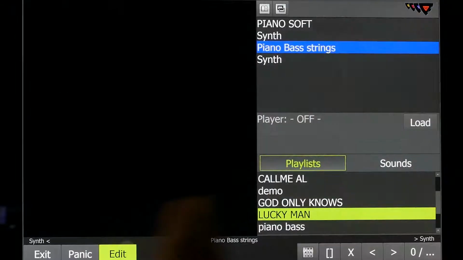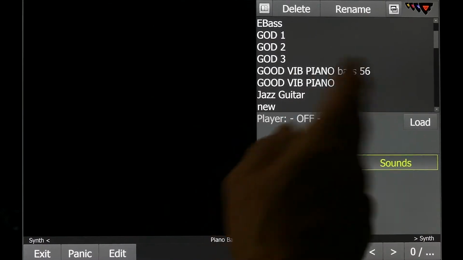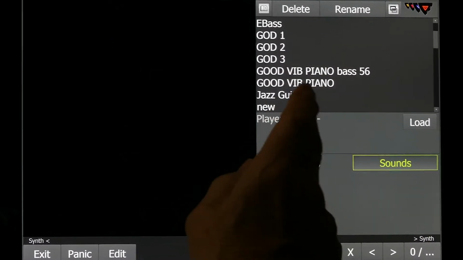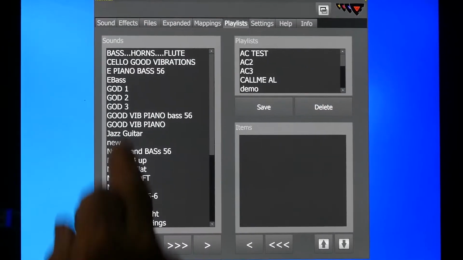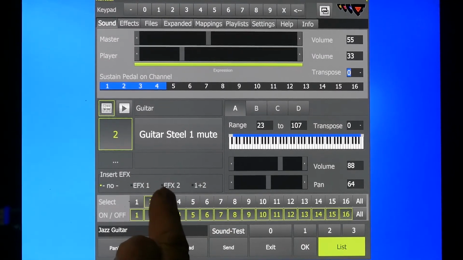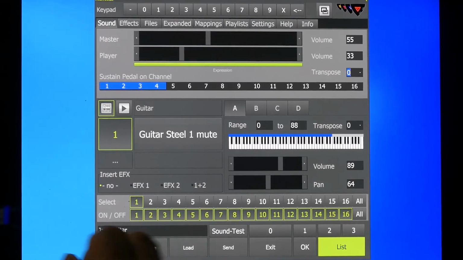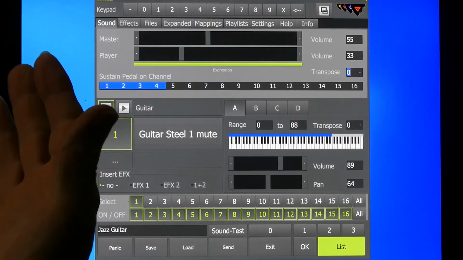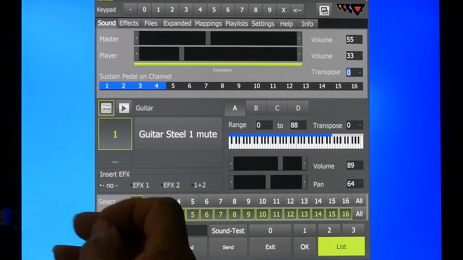Let's go back now. Let's say we're on our playlist here, list of sounds. We want to make a brand new sound. So let's just start with this one. We'll go Edit, Sound, and here we have it. Now we're just going to write over this sound to show you. Now we have what we call layered sounds and split sounds. A layered sound